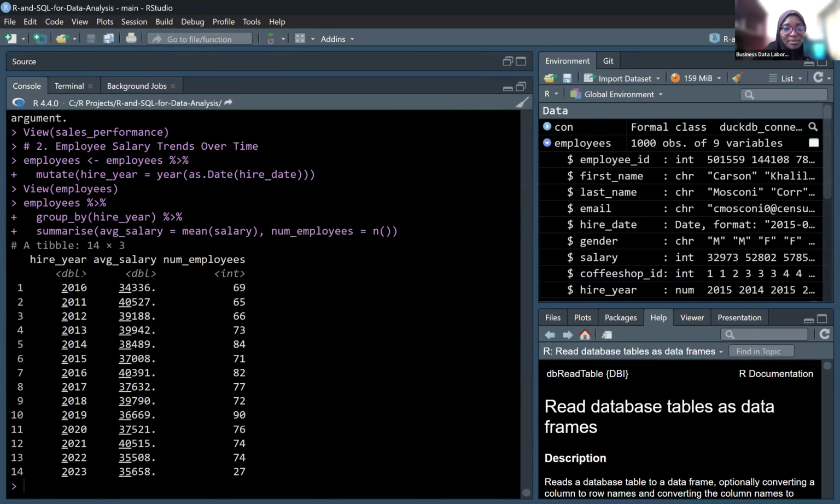So we have 14 years, so 2010, 2011, 12, up to 2023. Okay. So then we also have the average salary here for each of these groups. For those employees that were employed in 2010, the average salary is